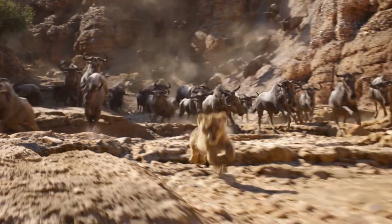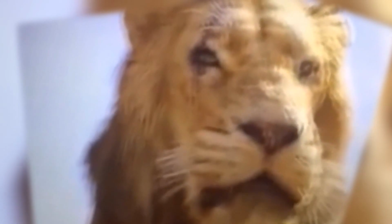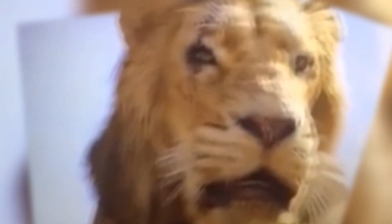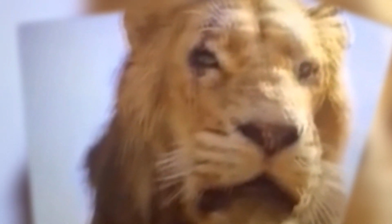Now let's switch over to how The Lion King 2019 handles this scene. It's bright out, and the shadows that made the first movie as haunting are absent here. Scar doesn't look sly in the delivery of his lines. He isn't even leaning in to whisper them to his brother to be the last words he ever hears. Instead, he's just outright saying them as he looks down, making the scene have a far less malicious feel to